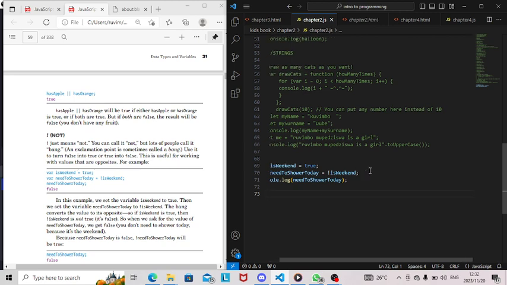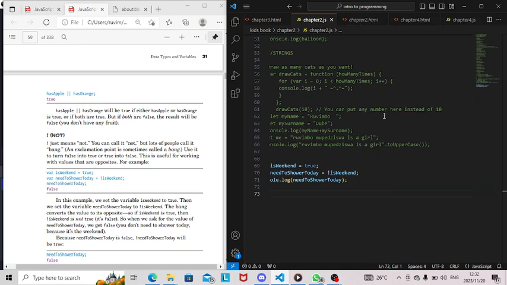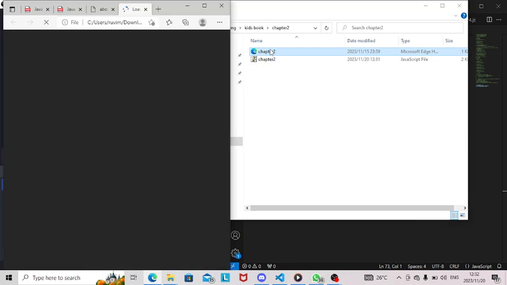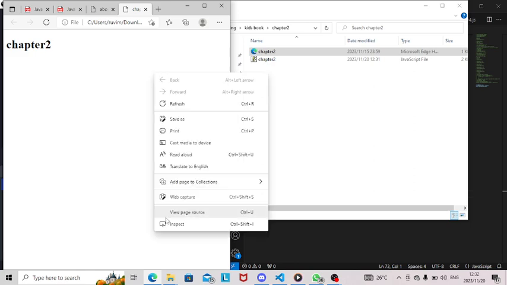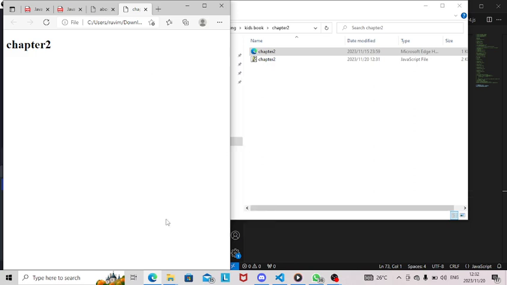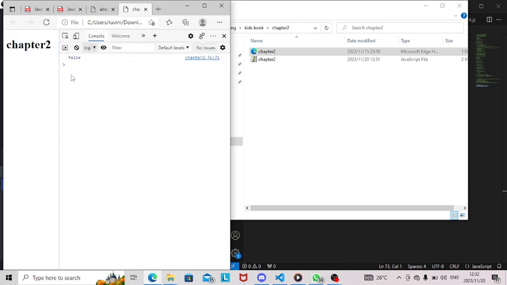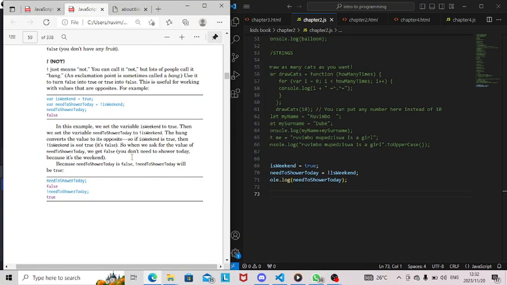So this is basically the opposite of is weekend, which is going to come out as false if we run it. Yep, because it's the opposite of is weekend. So it's going to come out as,